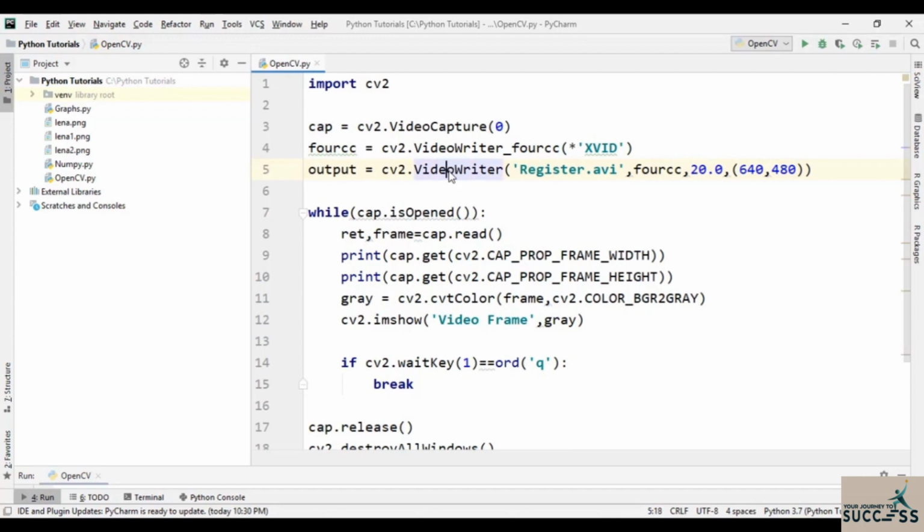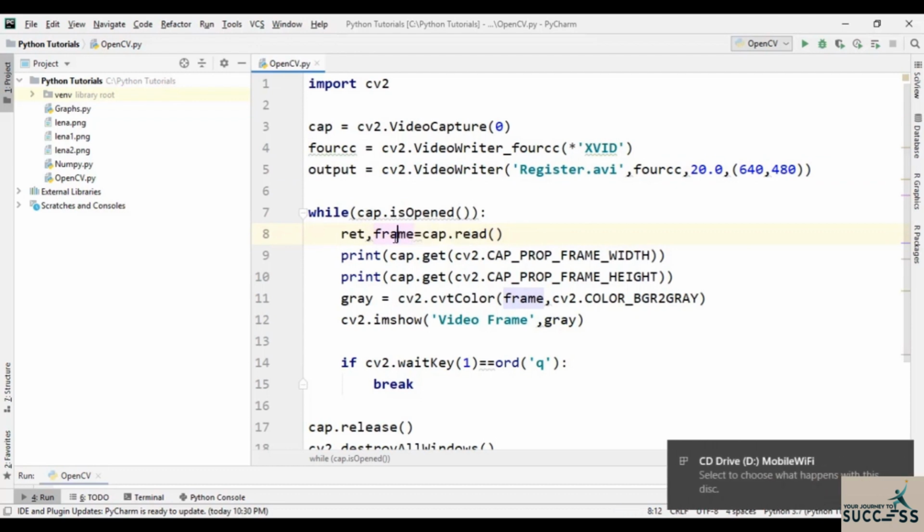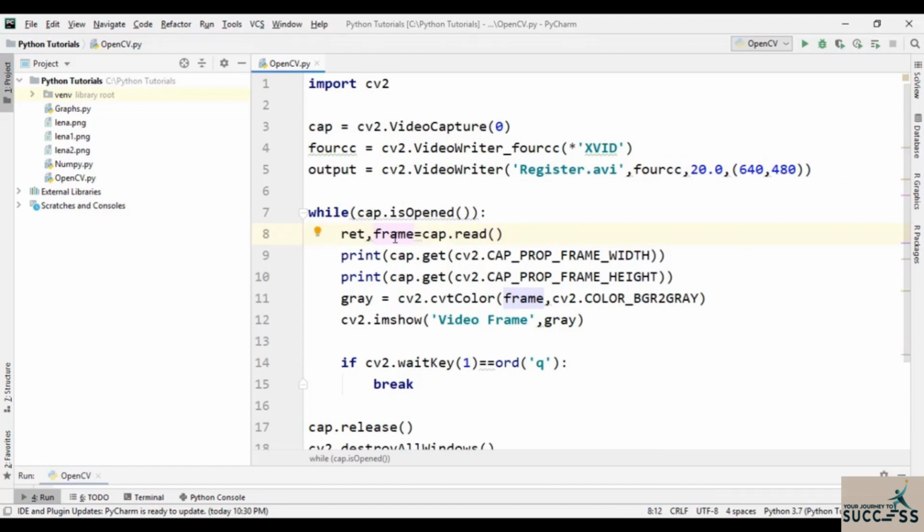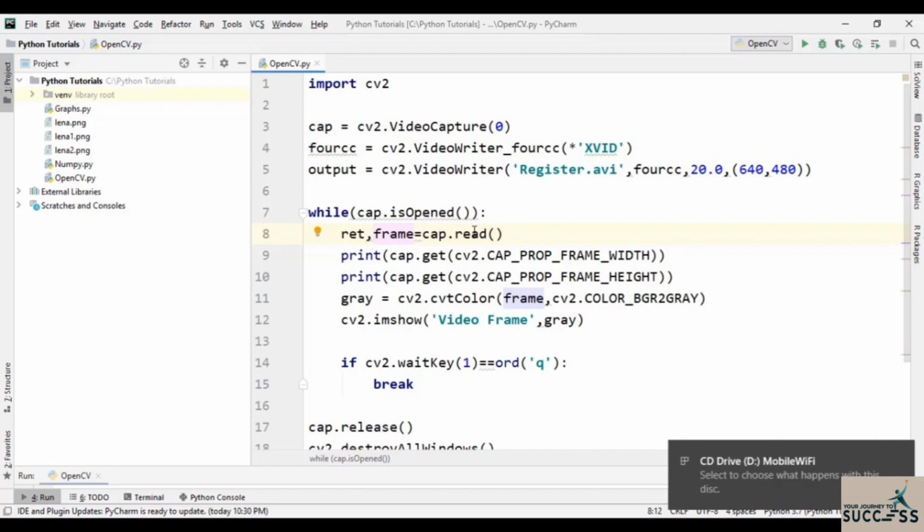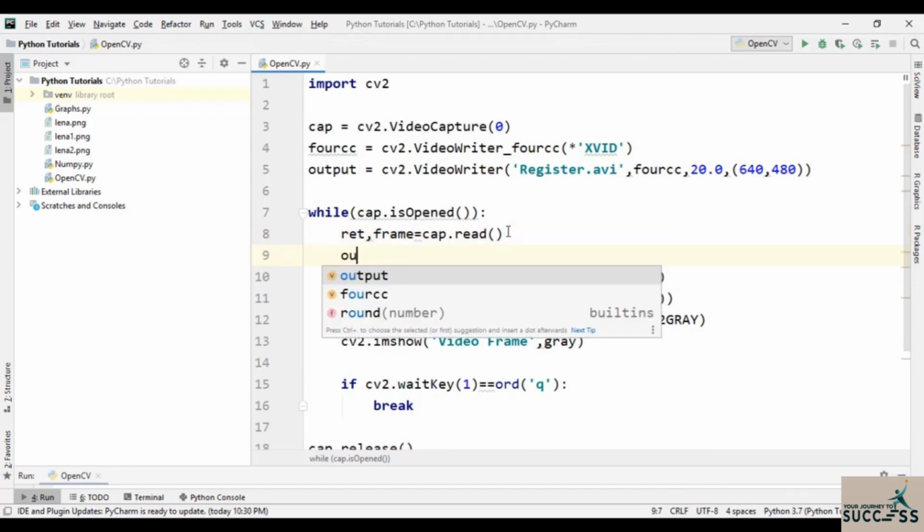And now all we need to do is work inside this while loop. Alright, so now we need to write our frame. In here, you can see that we are capturing that frame, and now we need to write, or we can say save, that frame as well. So for this, I will just type